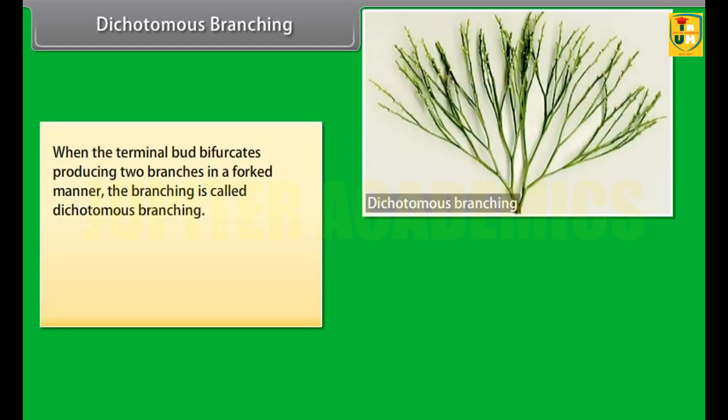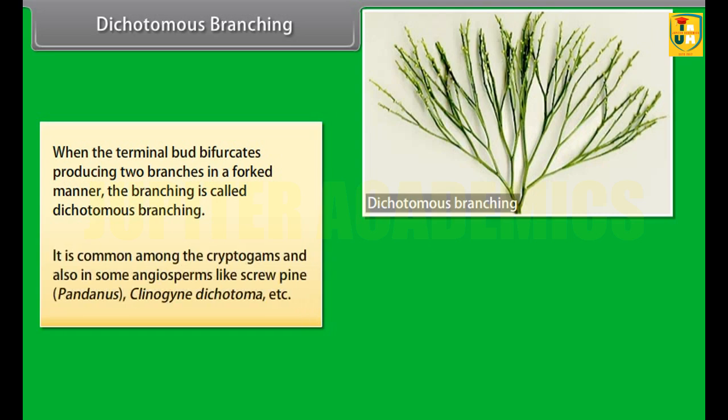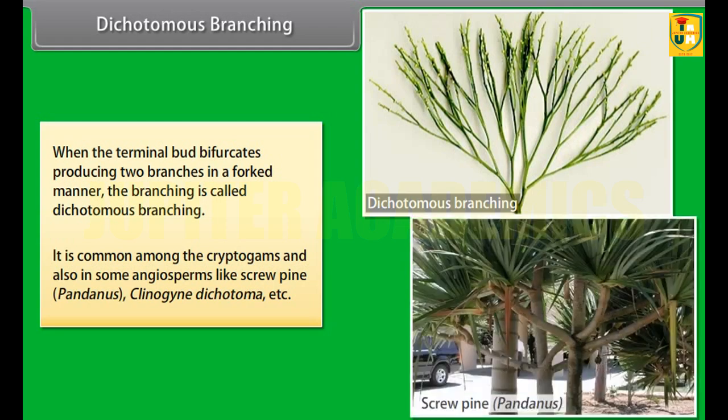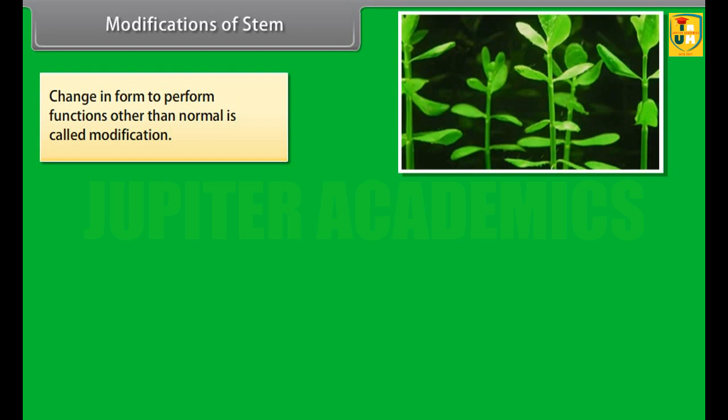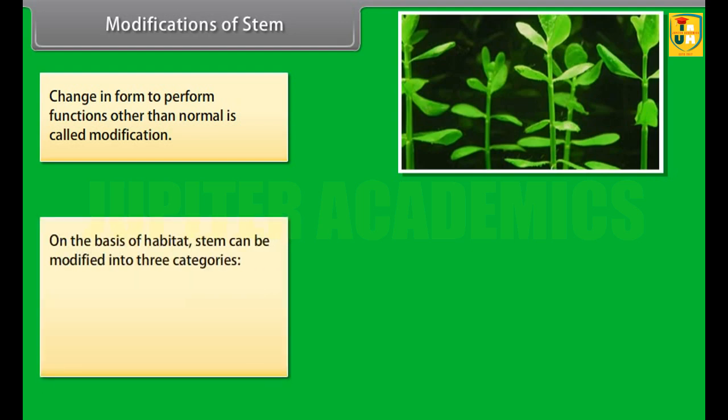Dichotomous branching. When the terminal bud bifurcates, producing two branches in a forked manner, the branching is called dichotomous branching. It is common among the cryptogams and also in some angiosperms like screwpine, Pandanus, Clinogyne dichotoma, etc. Modifications of stem. Change in form to perform functions other than normal is called modifications. On the basis of habitat, stem can be modified into three categories: